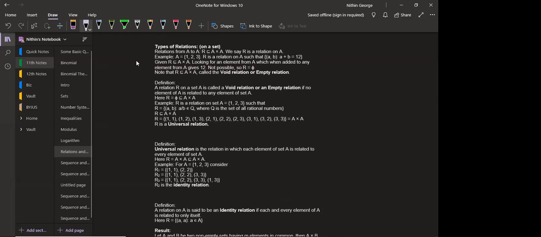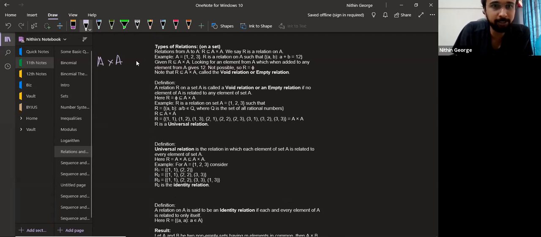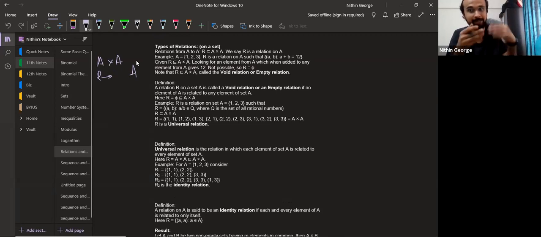So we're just defining it on the same set, A cross A, because we are lazy to define a set B. It'll overcomplicate, or no, it won't overcomplicate, but yeah, just lazy. This is an interesting fact. When you use A cross A, any relation you draw from it is on A. You will be applying it again in functions. The function is on A, which means both the quantities are taken from the same set A.